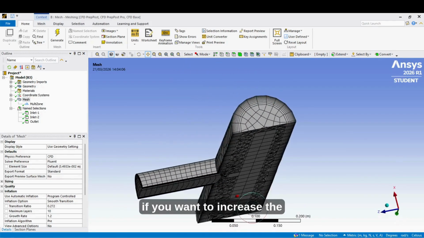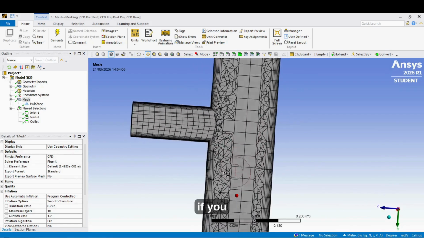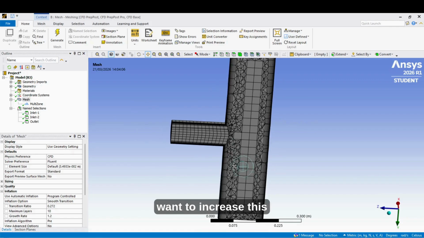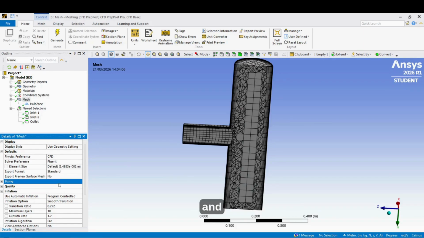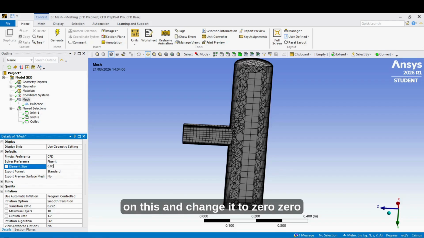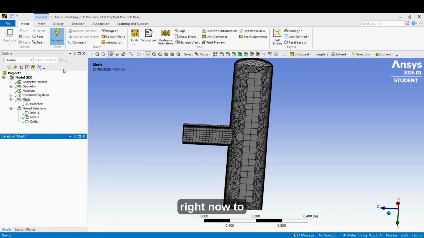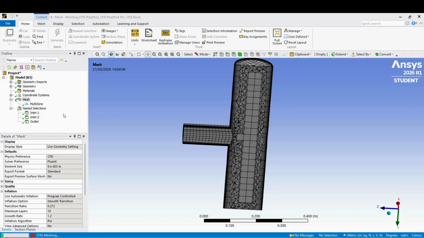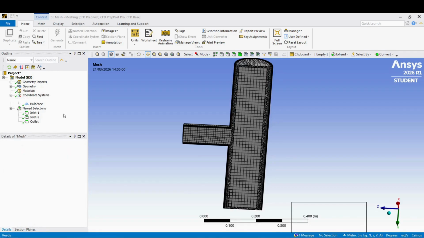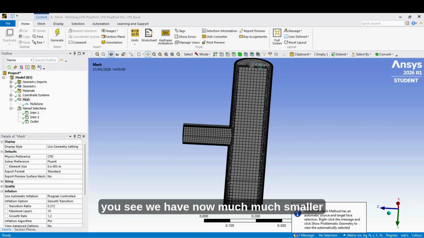So if you want to increase this to be more structural, you need to change the element size. So here is the element size, and we can click on this and change it to 0.09 right now to make it much smaller. As you see, we have now much smaller